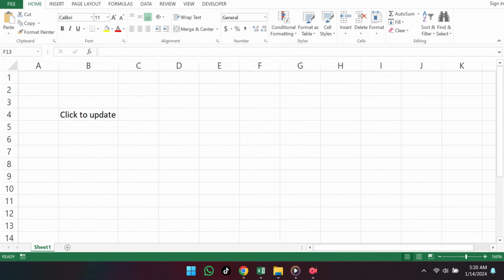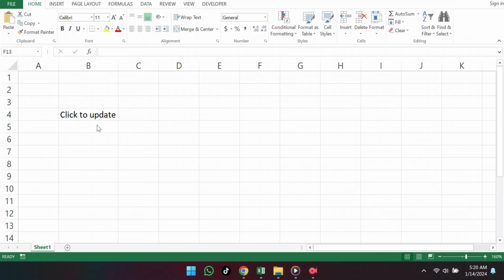Let's assume that I'm currently on the sheet. I've added a hyperlink to update a document, and I've written some text here that reads, "Click to update." Now, sometimes we need to update our document regularly. So I've created a text here, and I'll put a hyperlink on this text. Whenever I click on this text, a Notepad or Excel file or a Word document will open automatically, and I